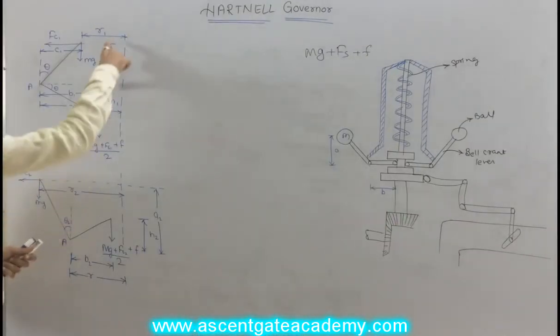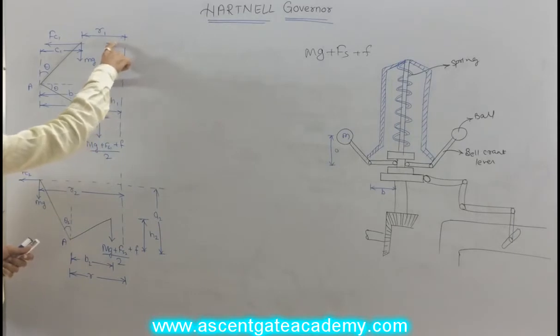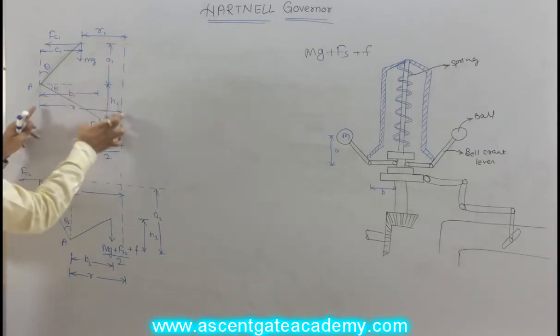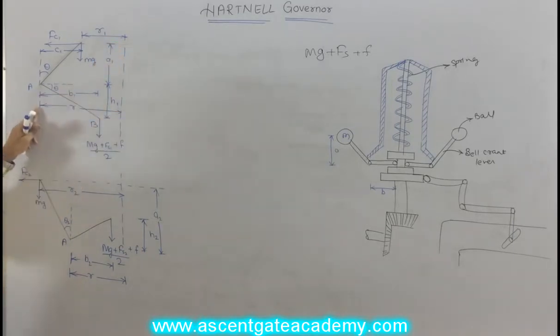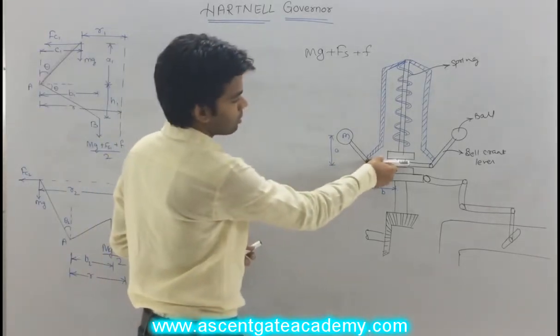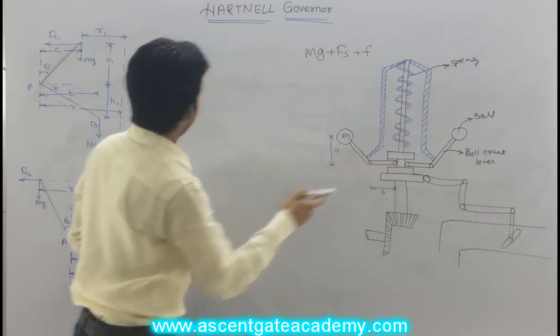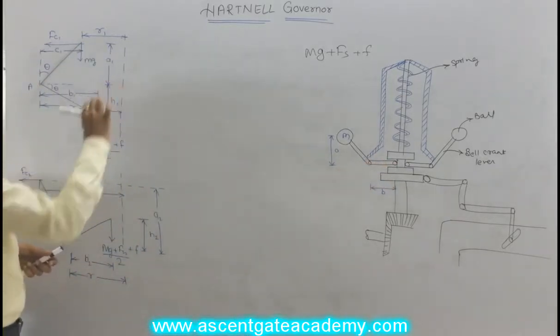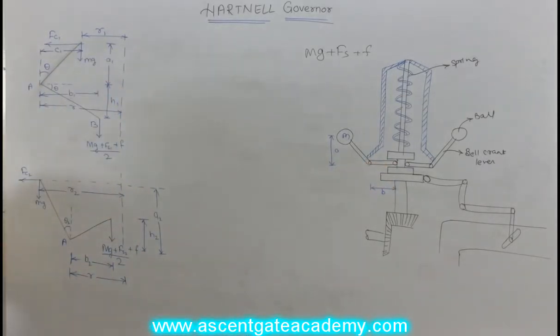Now, this distance is small a1, this is small b1, the radius, as I told, is r. Okay, the height from the mean position, suppose this is moving h1 height below, so this is height h1. Getting this or not? Okay, the total displacement is suppose theta 1. This will be theta 1.